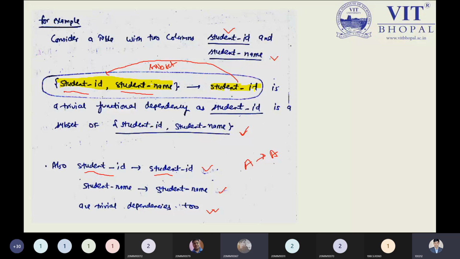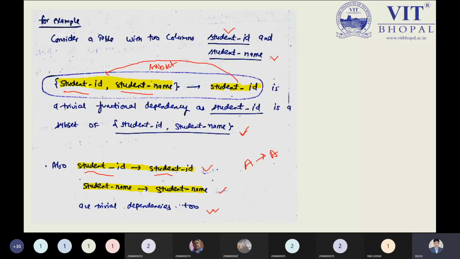Yes, sir. After this point, if we expand our functional dependency in the normal way, you can observe student ID determines student ID. It is also possible, and of course acceptable. Student name determines student name, so of course we can also have this. These are also recognized as trivial functional dependencies from the example we have seen above.